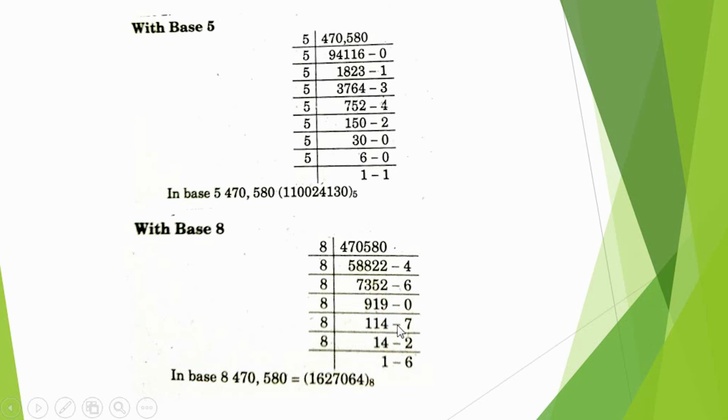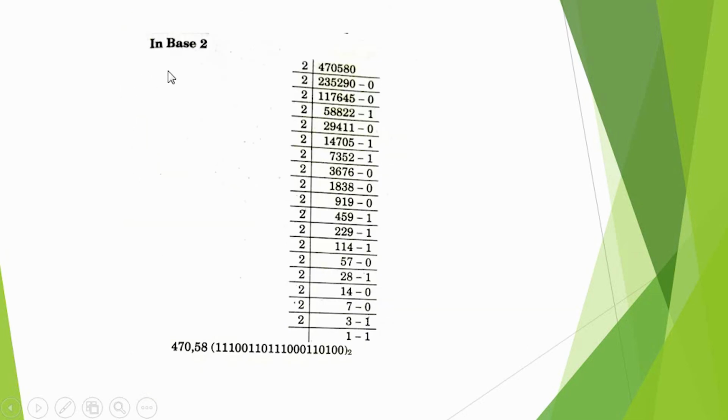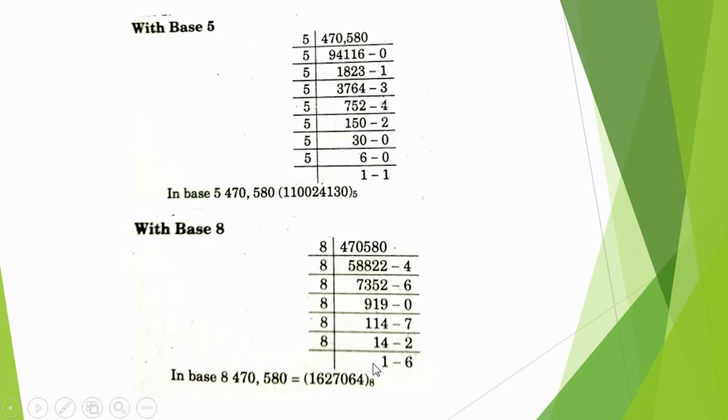8 ones are 8. Now 9 becomes 39. 8 fours are 32. 7 becomes carry. Now 8 ones are 8. 4 becomes 34. 8 fours are 32. 2 becomes carry. 8 ones are 8 and 6 carry.